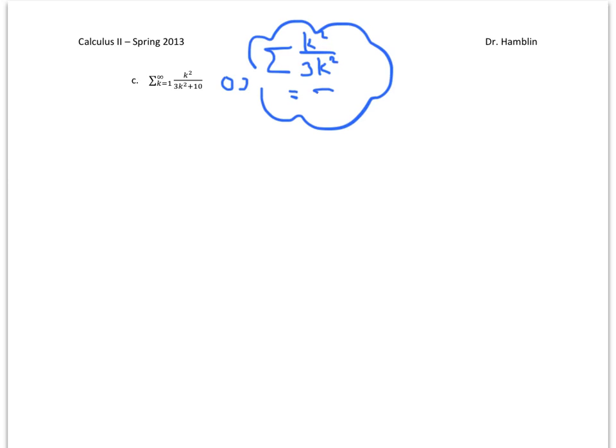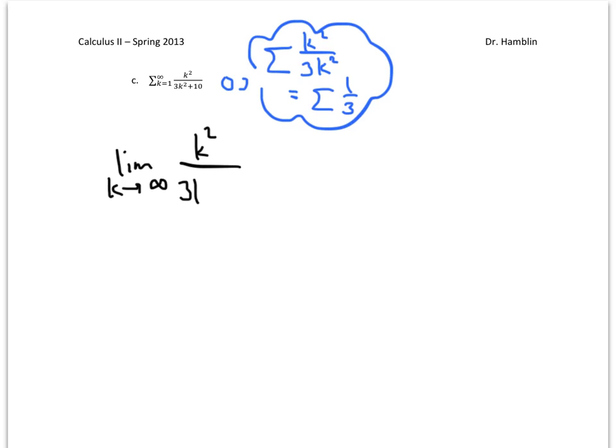Next up, we've got k squared over 3k squared plus 10. Again, if we think about this the way we thought about the previous problem, thinking about the fact that the plus 10 doesn't really matter, then this time, this series looks like the sum of k squared over 3k squared, which is just the sum of 1/3. So that would be 1/3 plus 1/3 plus 1/3 plus 1/3, but that's not going to converge, that's going to diverge. And in fact, the limit, as k goes to infinity,